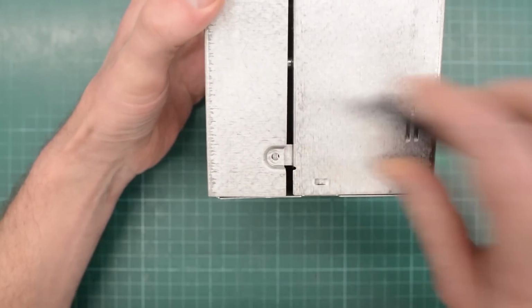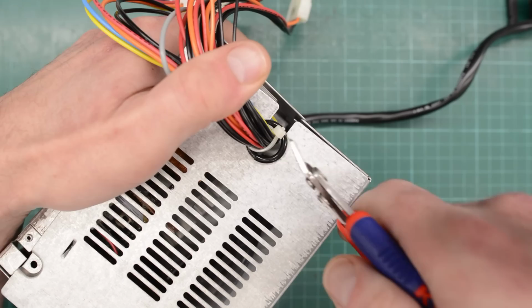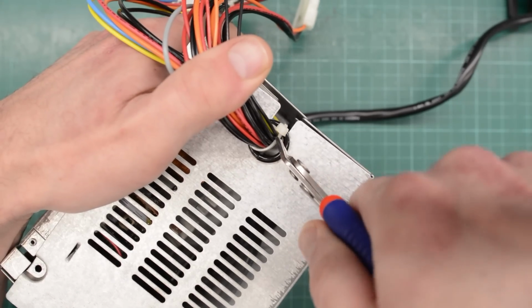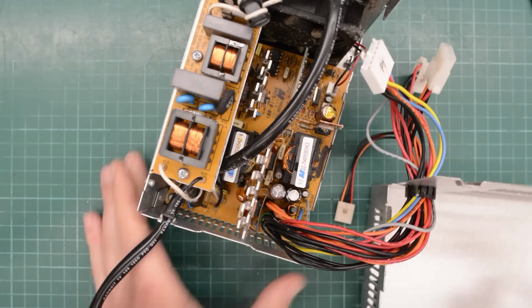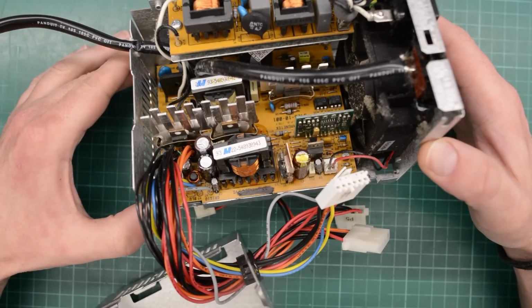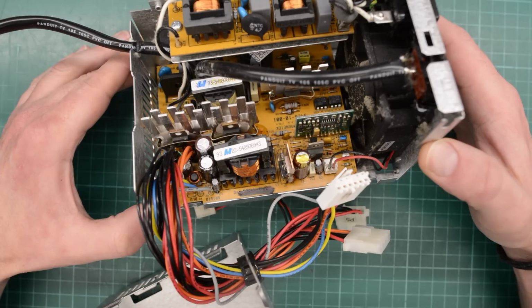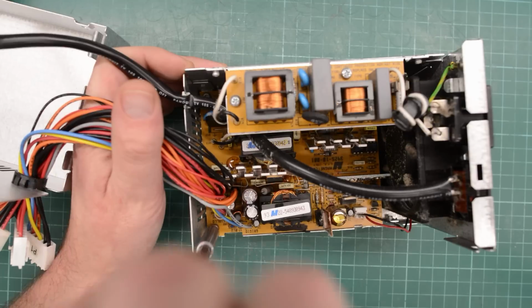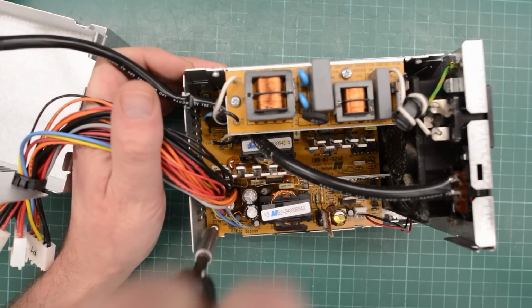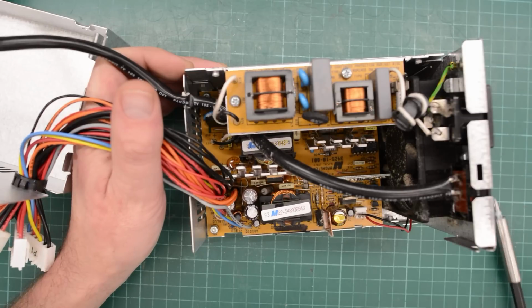Now let's take a peek inside and see if everything is okay. Apparently it's stuck in this zip tie here. Okay, a bit dusty inside here, so it needs some cleaning. Yeah, aside from that soft power switch, it looks identical inside here. At least if my memory serves me right. There are no fuses and no bulging caps inside here, so we only need to blow that dust out with